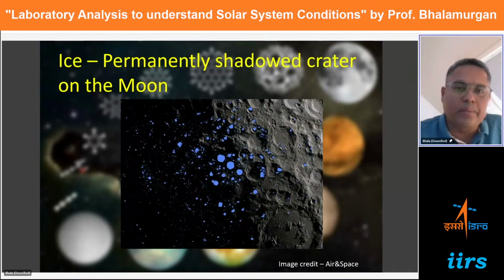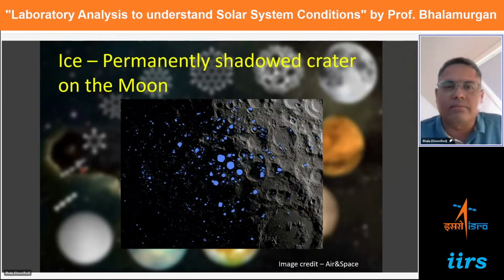So is this the only place? No. So far from the research that was carried out using spacecrafts to understand the craters on the moon, it turned out that many permanently shadowed craters are present on the lunar surface. So this is just one example. There are even more studies that show